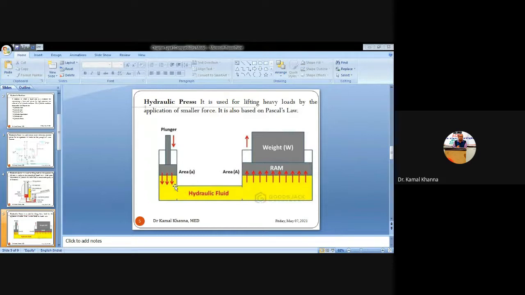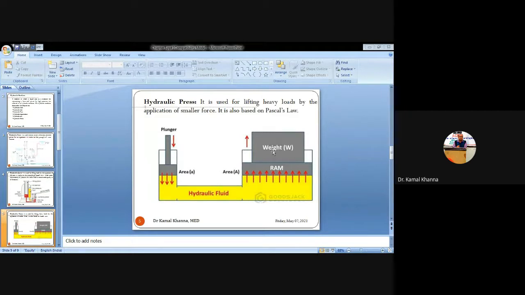As soon as the diameter is increasing here, the area will be more, and if the area is more, the pressure will be more. So if you are applying a smaller effort, it gets multiplied into a larger pressure whenever it reaches the larger diameter cylinder. You're applying some smaller effort, but that force is being multiplied and converted into heavy pressure, applying the force onto the ram. As soon as that large amount of pressure is applied onto the ram, that heavy load can be easily lifted.